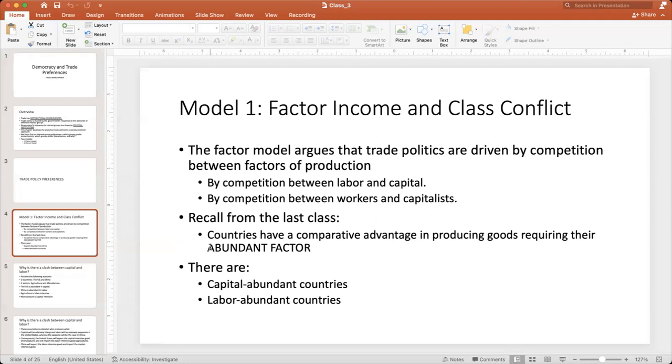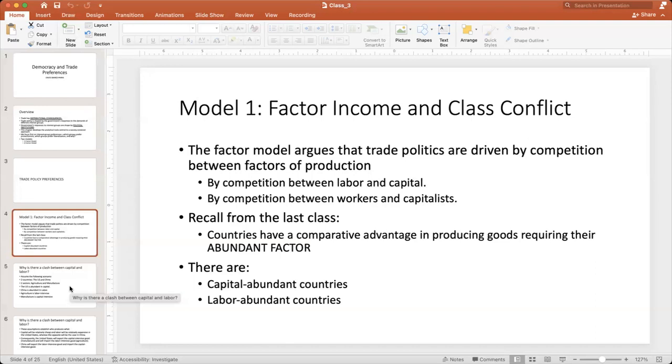The same story holds for labor abundant countries. In labor abundant countries, the price of labor is cheaper compared to capital abundant countries, and because of that, they should specialize in the products that require more labor than capital. Based on that, the specialization patterns divide production around the globe, depending on the opportunity cost and the cost of production